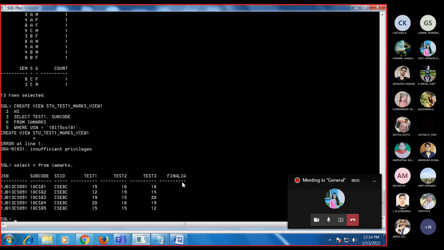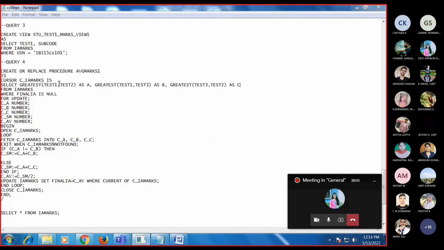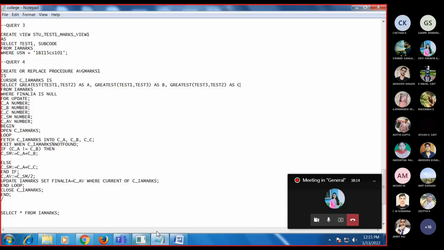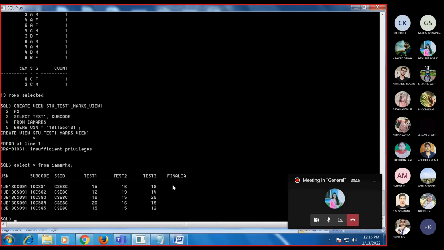Among all these things, the final IA that we are going to calculate will be stored in that particular field here, where final IA is null. That means initially the final IA will be null here. For update, that means when the cursor is placed in the first row, we need to update after finding